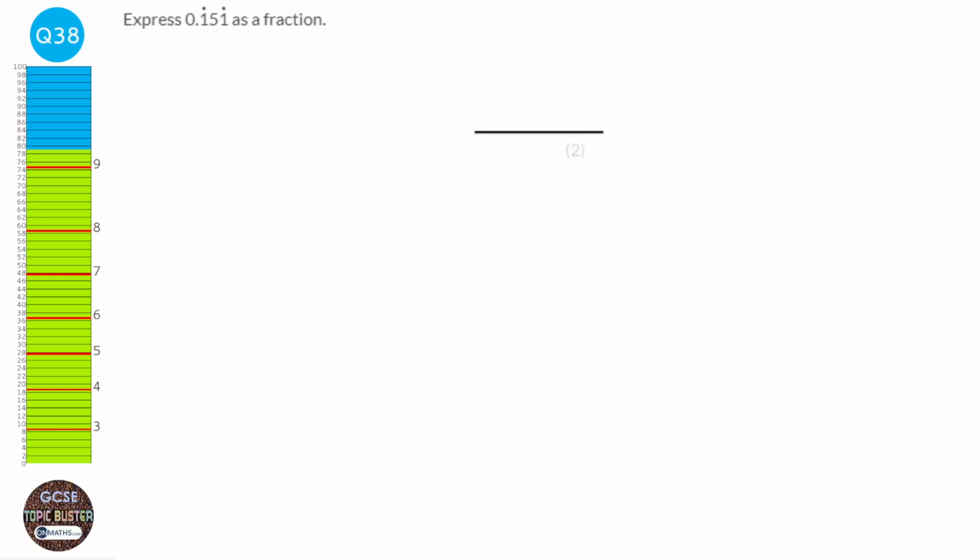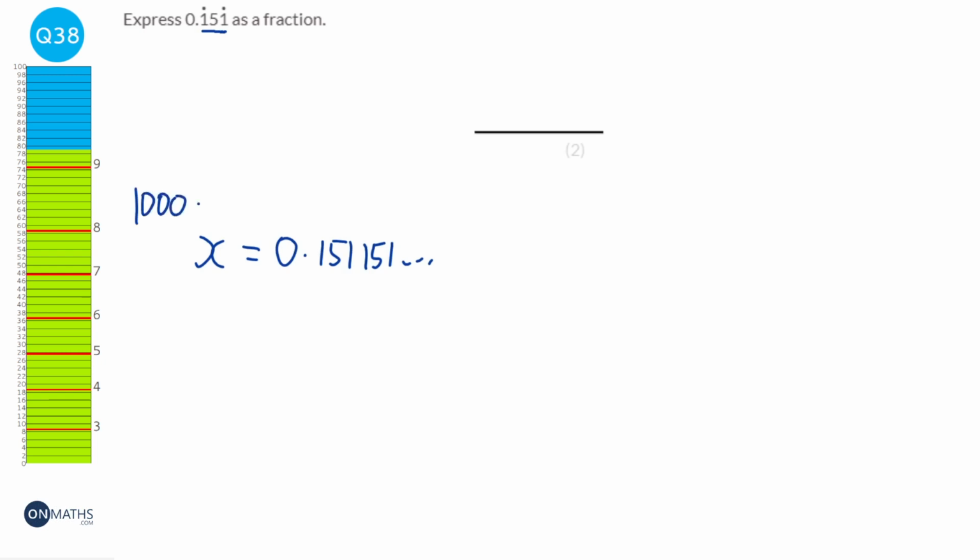I'm going to first of all get x equal to 0.151151 blah blah blah. And what we need to do is pull all of the recurring numbers in front of the decimal point, or at least one instance of them. So I need to times it by 1,000. So we're going to do that. Times it by 1,000 and we'll get